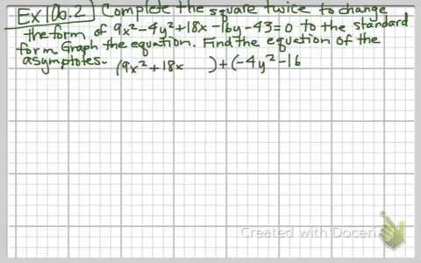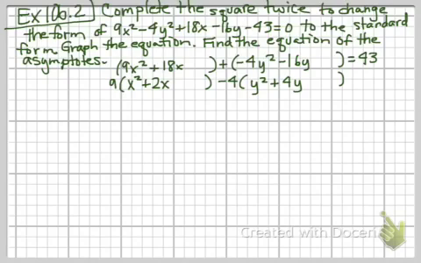So the first thing we're going to do is group the x's together and group the y's together and then put the constant term on the other side of the equal sign. We'll factor now, so factor out a 9 from the first term, and factor out a negative 4 from the second term. It's all equal to 43. Now we need to complete the square, so half of 2 squared is 1, half of 4 squared is 4. From here, we're going to add 9, and then we will subtract 16, and then we're going to write it as